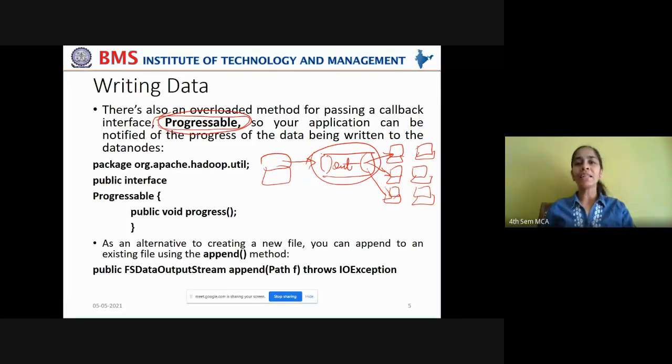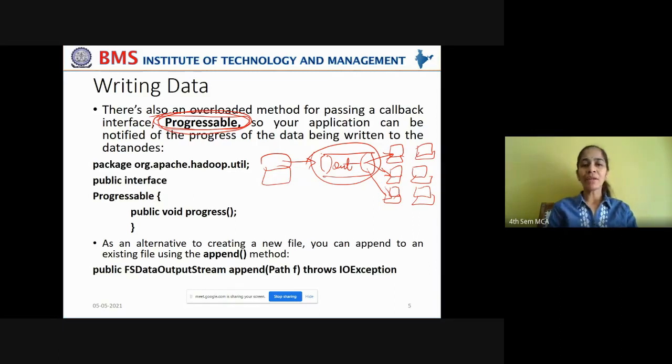Lots and lots of write tasks will be running in the backend on an HDFS cluster. If you want to keep track of all those write tasks, whenever MapReduce divides this write task and executes them simultaneously, that can be tracked by using this Progressable. The MapReduce framework generally uses this Progressable interface in order to keep track of how far the write task has been completed.